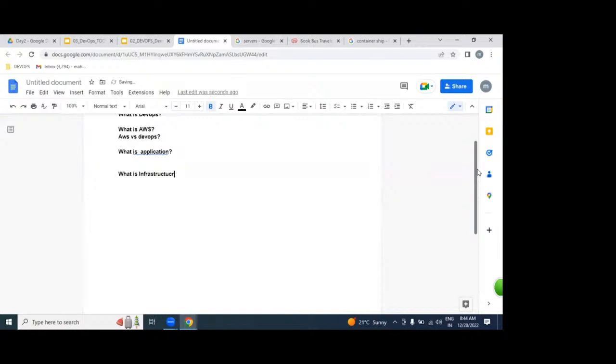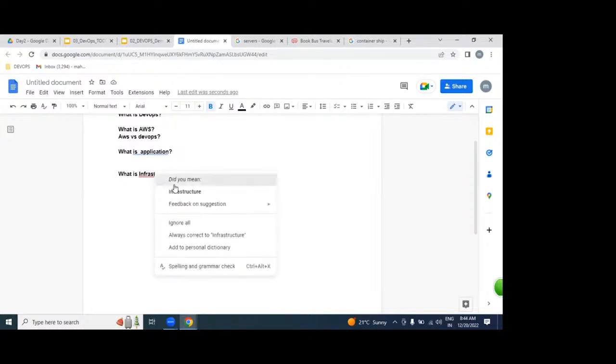Infrastructure. What is infrastructure? If you ask anybody, what is the dictionary meaning? If you open a dictionary, what is the meaning? For example, to conduct this classroom, what kind of infrastructure is required?